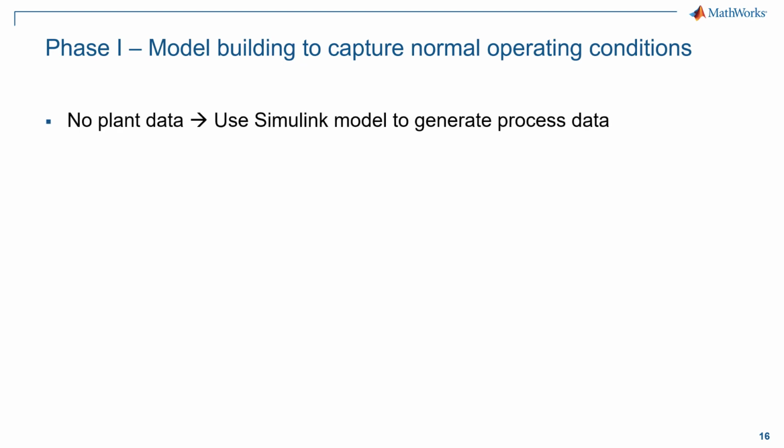In order to model the operating conditions, we need access to historical data. This dataset is one in which the process has been operating in steady state in an acceptable manner. Occasionally, this historical in-control dataset is not directly available, but has to be extracted from historical databases in an iterative fashion. In my case, I don't have historical data. So the creators of this app, they have very nicely incorporated a Simulink model of the distillation column into the app. And that is how they generate data.